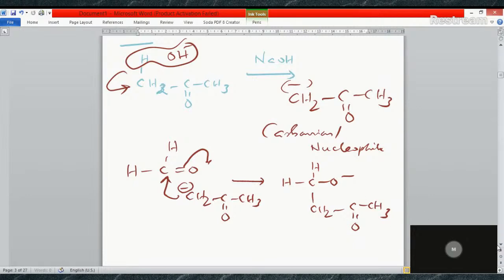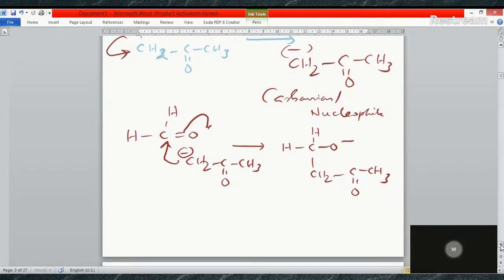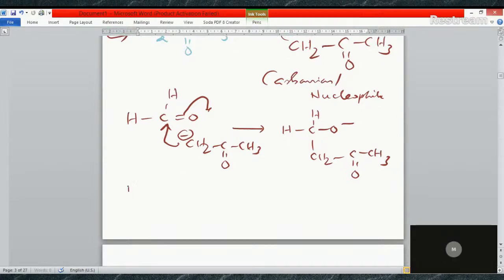On protonation of this, with the help of water, the product is obtained as follows. I can write HCH O minus CH2C double bond OCH3. On treatment with the water, HOH, protonation takes place. Due to that, this is the compound, and it becomes OH,